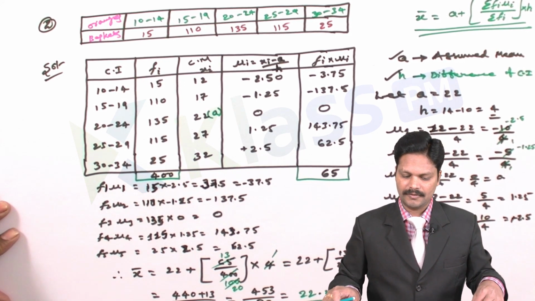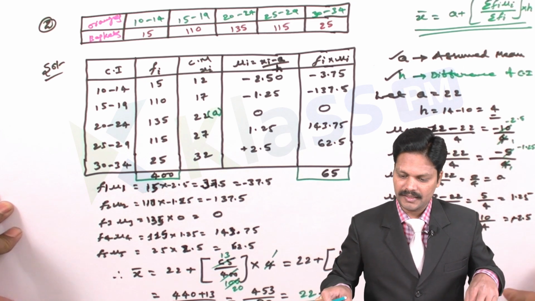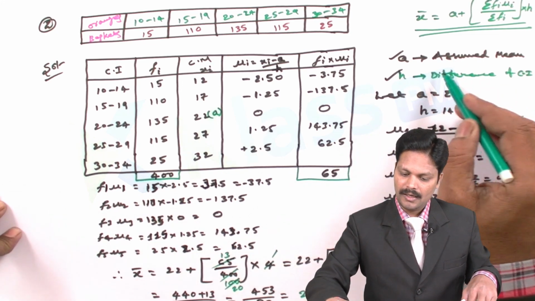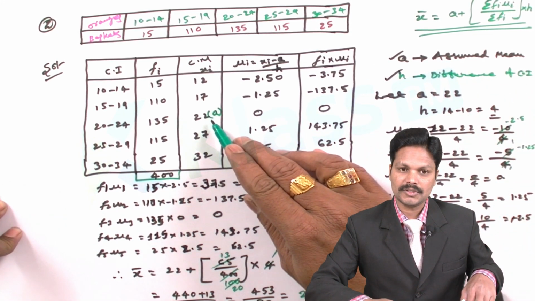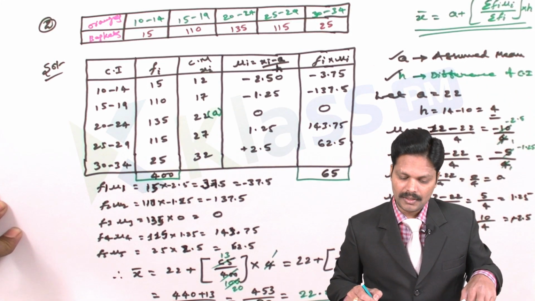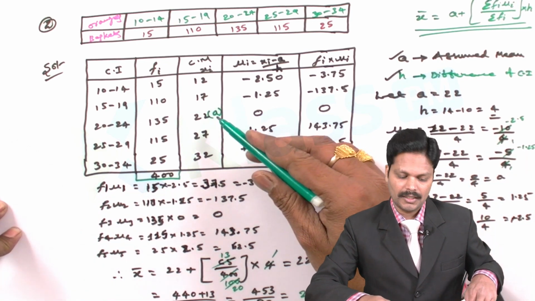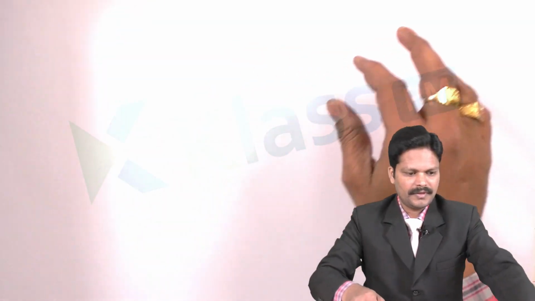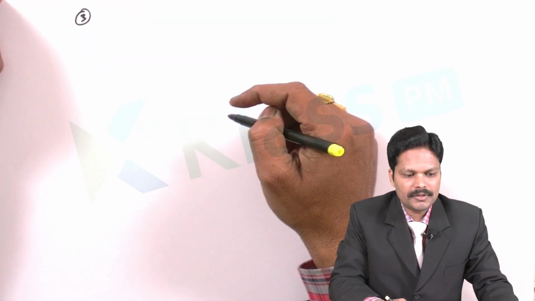In this manner we are finding the assumed mean. By taking the values we can find the value. So the assumed value 22 is nearby our mean value, then our assumption is right. So coming to our next problem from the textbook, we are having here the following table shows the